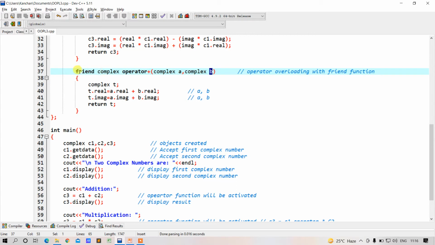Here, if we use the friend function to overload the operator, the syntax will be the keyword friend followed by the return type.